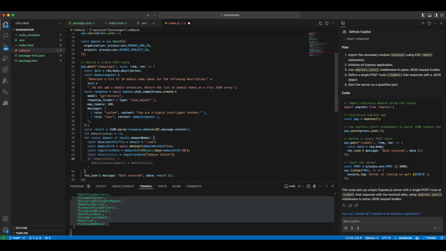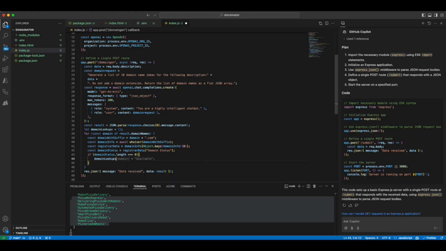If it comes back with some data like name servers, it means that the domain is registered and is unavailable to register, meaning it's already taken. So we can look for the size of the array. If it's 0, we can say that domain